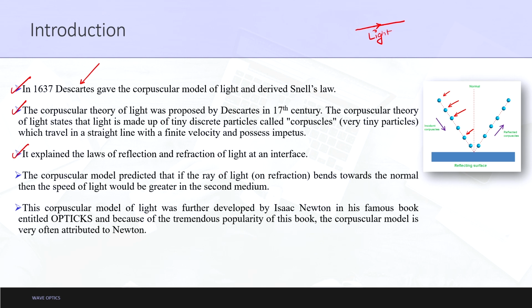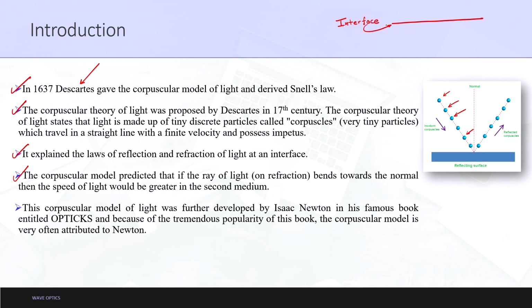Moving on, the corpuscular model predicted that if the ray of light on refraction bent towards the normal, then the speed of light would be greater in the second medium. Please look over this line very carefully, I will explain it with a small diagram also. So, let us say this is the interface, let me be very specific, let this be the interface,